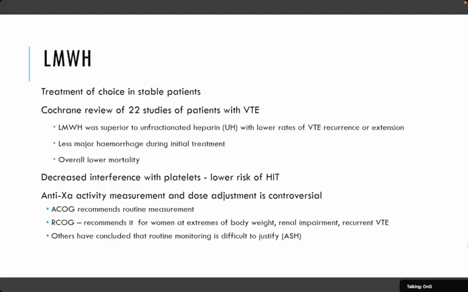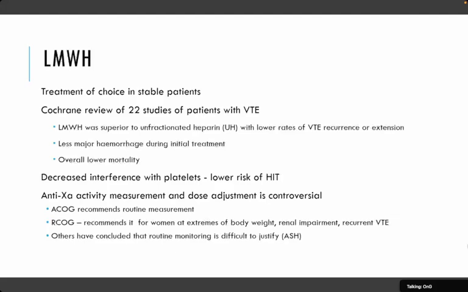Then again, a quick mention of the low molecular weight heparins. They are the treatment of choice for treating stable patients. And the dose is calculated using the patient's booking or early pregnancy weight. The RCOG recommends Clexane given at 1 milligram per kilogram twice a day subcutaneously. There was a Cochrane review of 22 studies comparing the efficacy of low molecular weight heparin with unfractionated heparin, and it found that low molecular weight heparins were